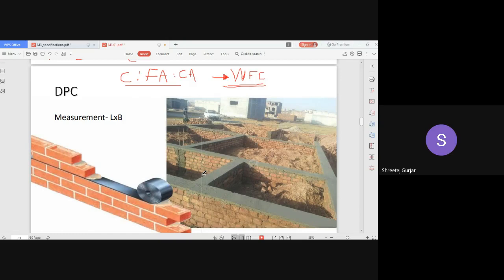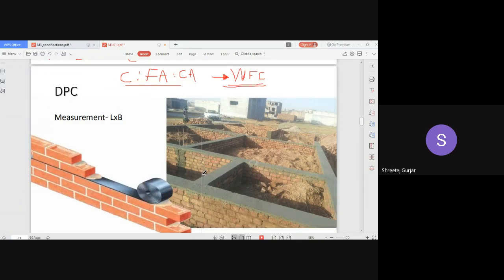Now, certain things are common in every specification. The materials, like your coarse aggregate and fine aggregate, have to be clean, and should not have any deleterious materials. They should be sound and should not have any cracks, coarse aggregate especially. Cement should be fresh, and they should satisfy the requirements for whatever they are used for. That you have to mention.